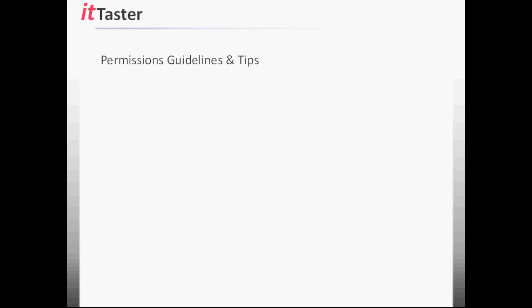Let's quickly run through a few tips and some guidelines to keep in mind when working with file and folder permissions. Assign users the permissions they actually need. If users only need to read and execute files, then assign read and execute permission. Assign permissions to groups rather than users. This makes management much easier. A user can simply be added to the appropriate group and be assigned the permissions they need. There's also less margin for error.